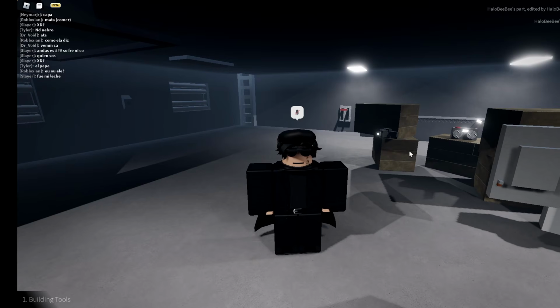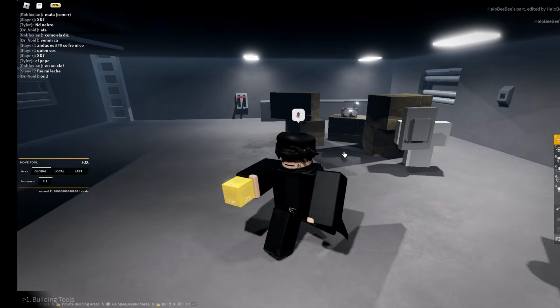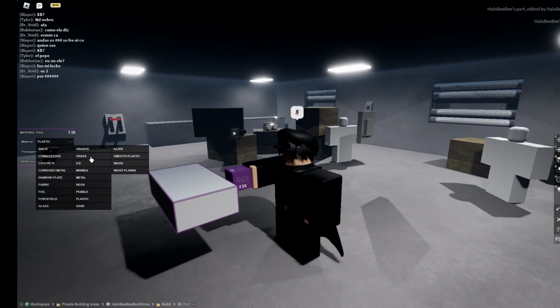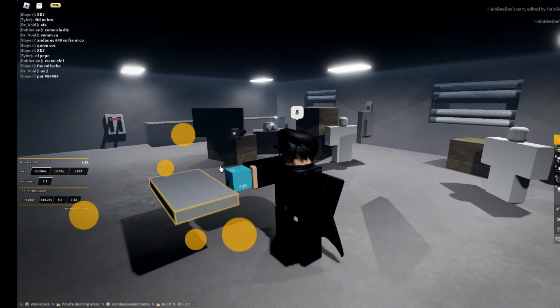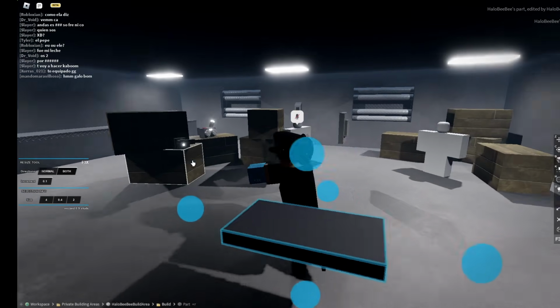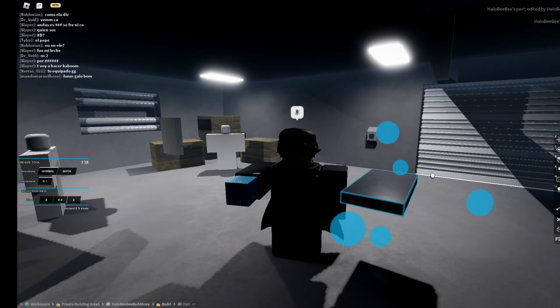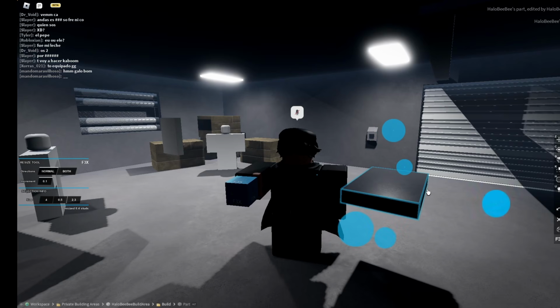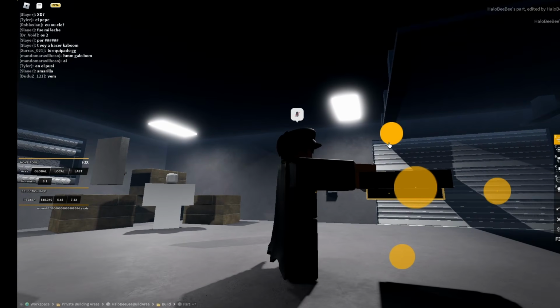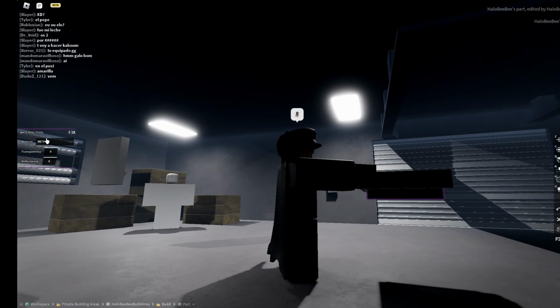Now the next step is making the light. So we're gonna make our light model. This part will represent our light. I'm gonna pretty it up real quick. So metal, we're gonna make it a nice dark stone gray. We're gonna make this a little thicker, and then I'm gonna copy it, shrink it down a bit, and move it directly under. Now this part will be the neon part that shines light.